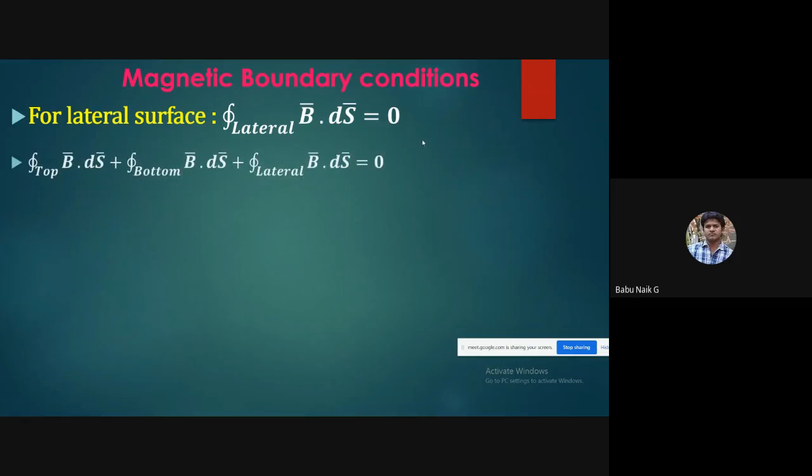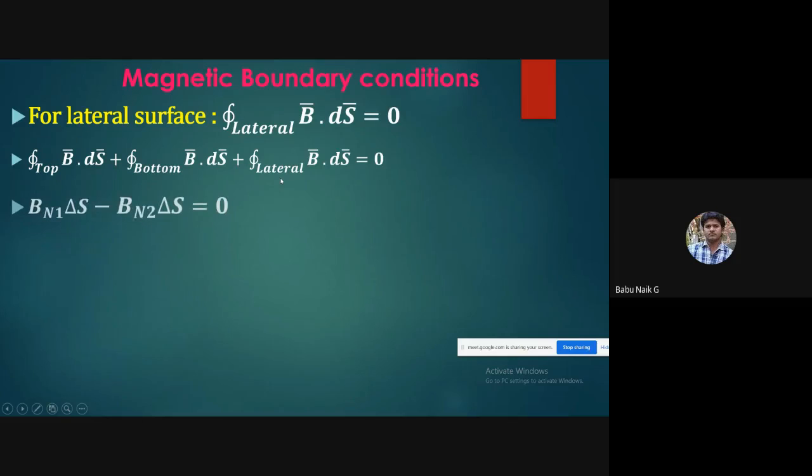So the side surface, we are minimizing delta h, which tends to 0. So you can make the side surface completely 0, but B bar is not equal to 0. So only for the surface we are considering on the boundary condition, delta h tends to 0 here. Now you can put it into the equation: top, bottom, and then the side of the surface.